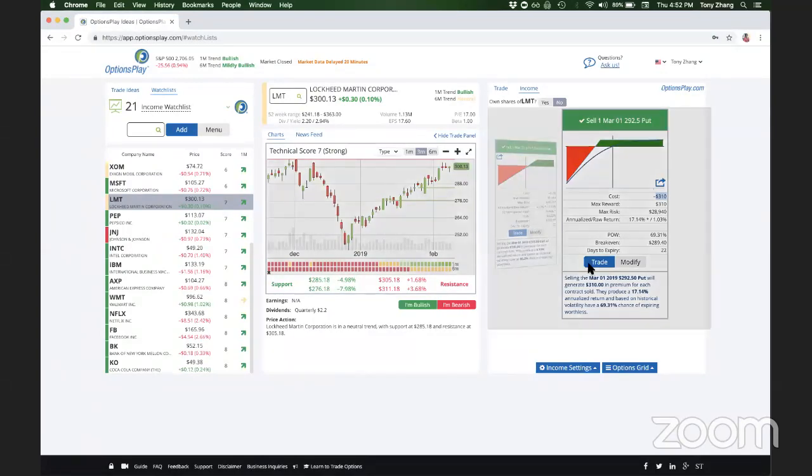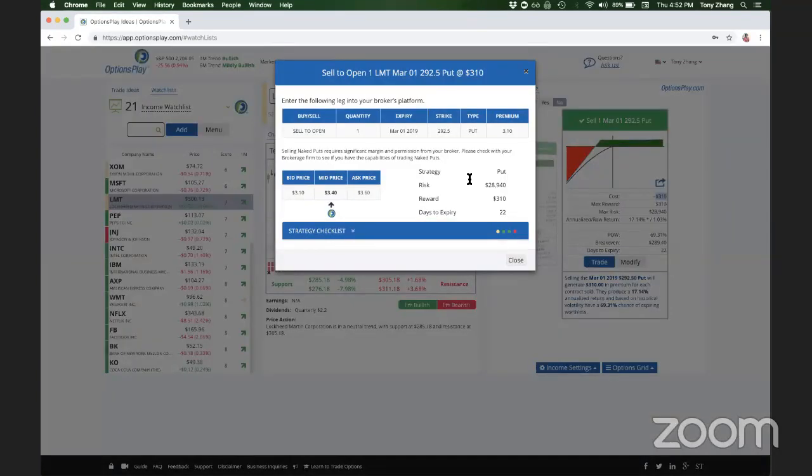And if you want to place that trade, all you have to do is hit the trade button, and we give you all the details to enter this trade into your broker's platform. This is all designed to make this whole process of finding a cash secured put to executing that down to just a few seconds, as opposed to a few minutes that you typically have to go through when you're using